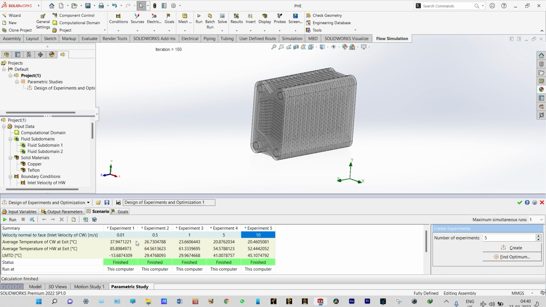So from this parametric study you can see that when the velocity of cold water was 0.01 meter per second, in that case the temperature of hot water at exit was very high, it is 85.89 degrees centigrade, and when the velocity is 0.5 meter per second, in that case it is 64.56 degrees centigrade, and when velocity is 1 meter per second, in that case the temperature of hot water at exit is 61.33 degrees centigrade,